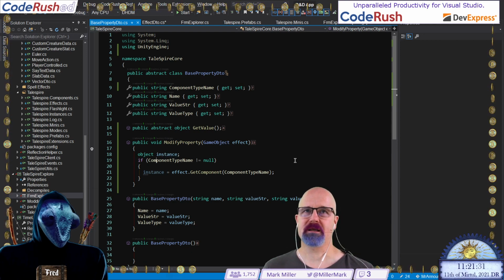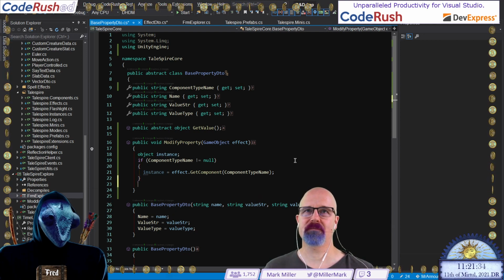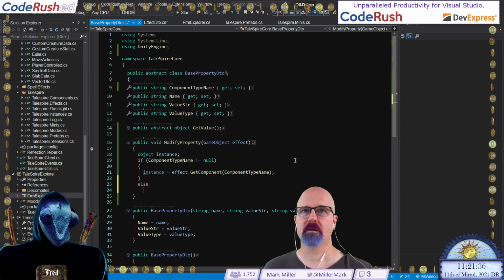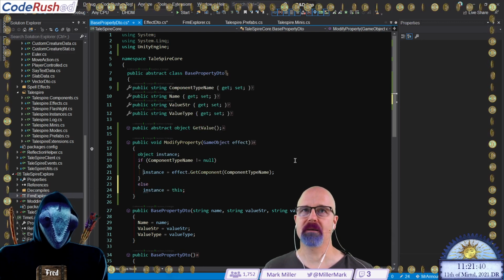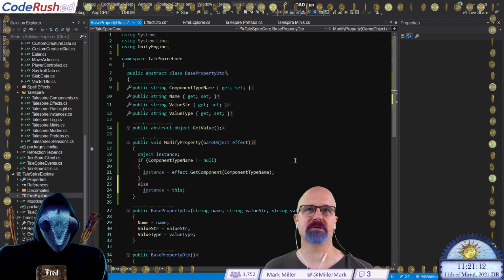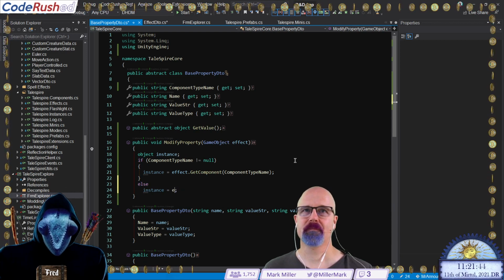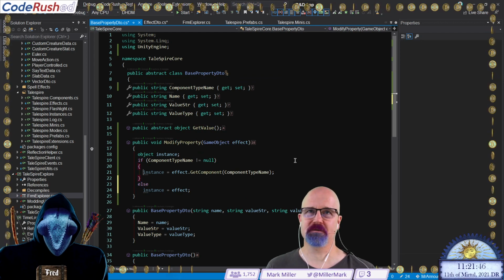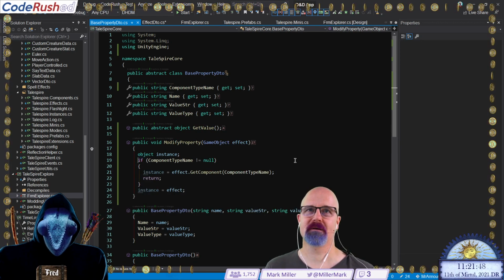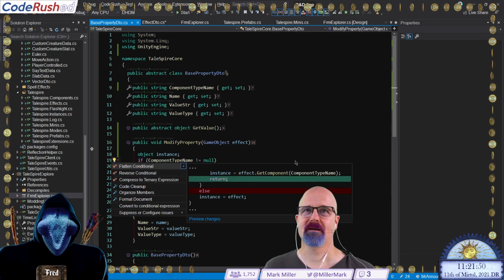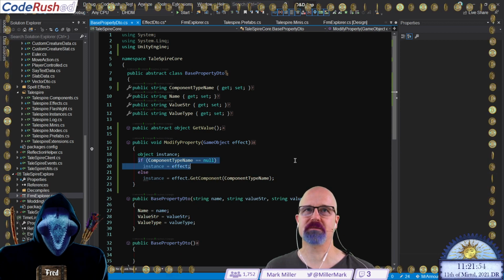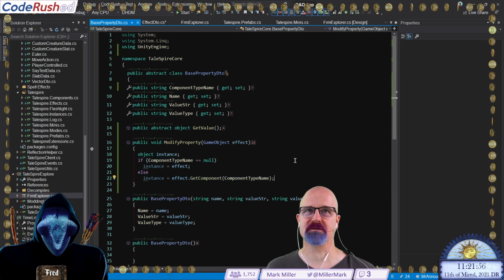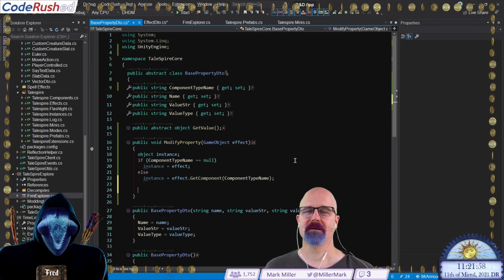Otherwise, we're going to set instance to this, like that. Nope, to effect. Sorry. Did you catch that too at the same time? Yeah. I was just trying to think how to articulate. What did you do, Mark? Yeah, that's kind of it. All right, so that's what it is. If component name is null, instance equal to effect. Otherwise, instance equal to that. Yes, good. That makes plenty sense.